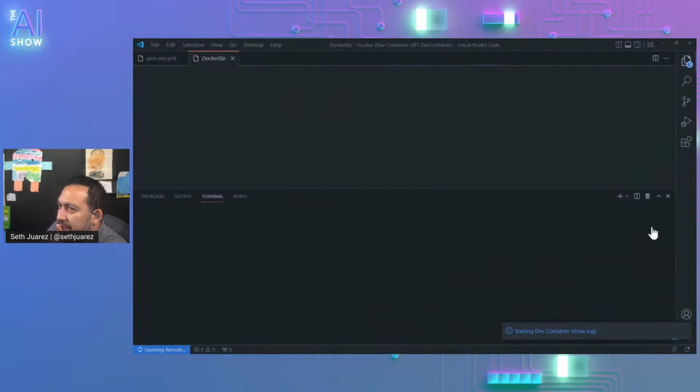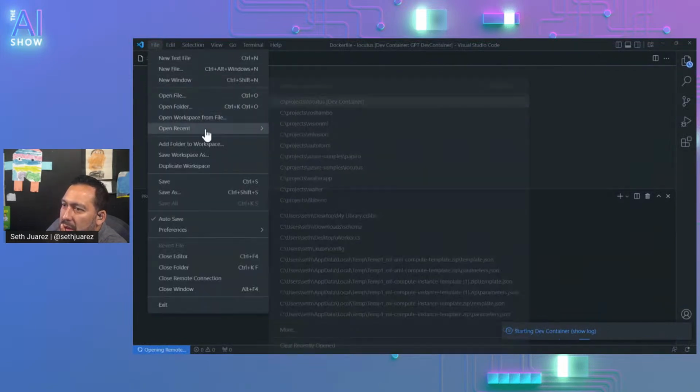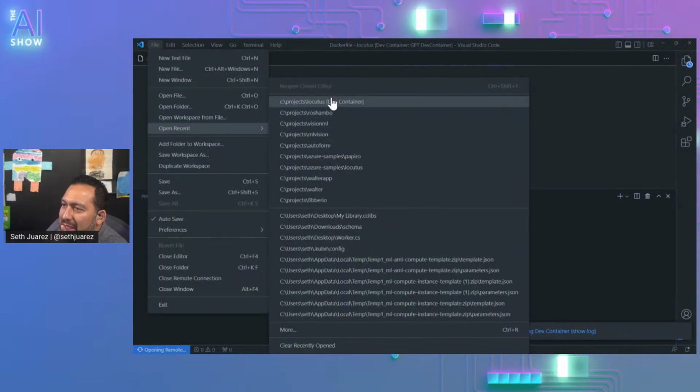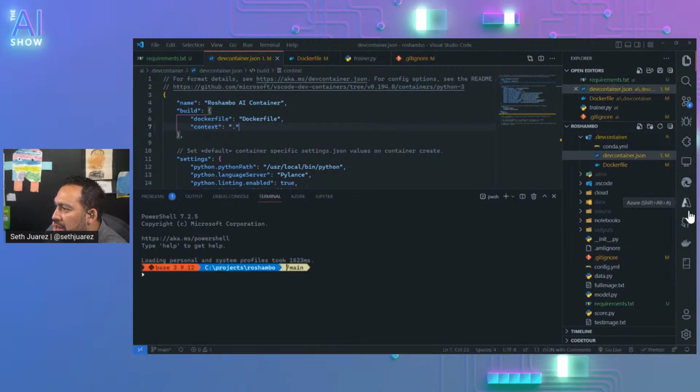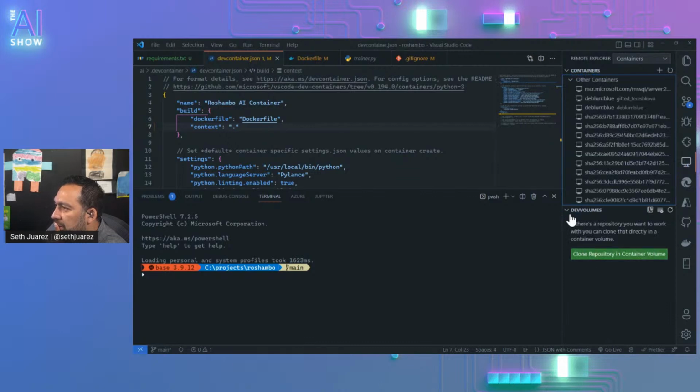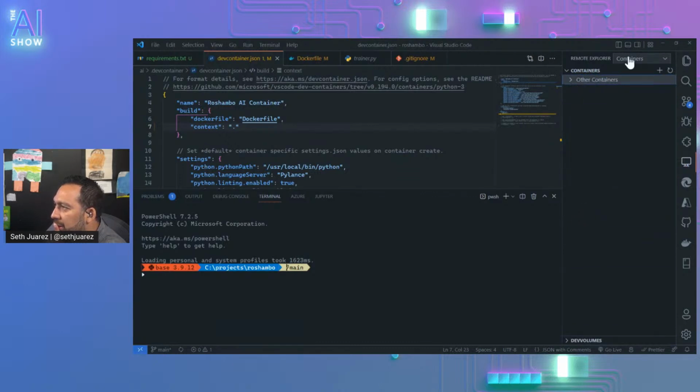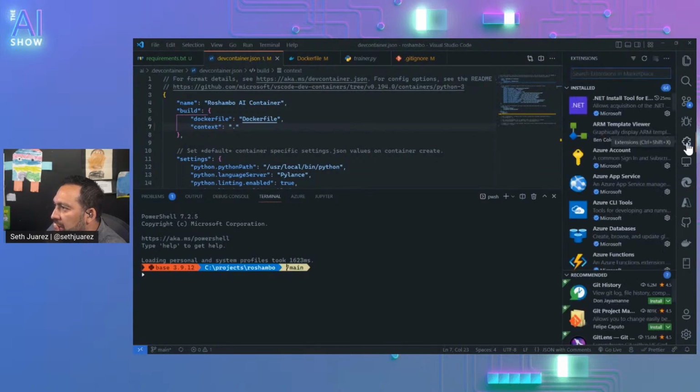Oh, and this is opening even the wrong thing. I wonder if this would run though locally. So let's go to the here. How do you run a dev container here?